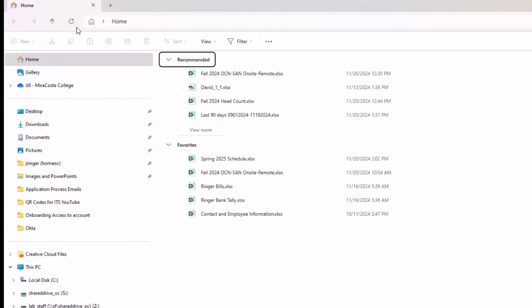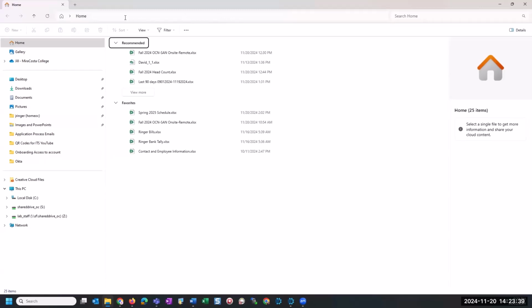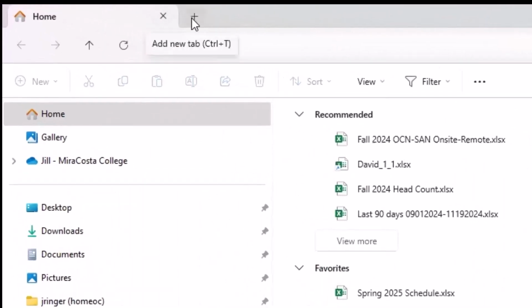So you have your navigation buttons right up here, your back, your forward, your move up one, your refresh. And right now I'm on home. So anything dealing with these would affect whatever location I am in. Again, here's your navigation bar, or your address bar, so to speak, your search. It's about time that Tabs was a first class citizen up here. Being able,